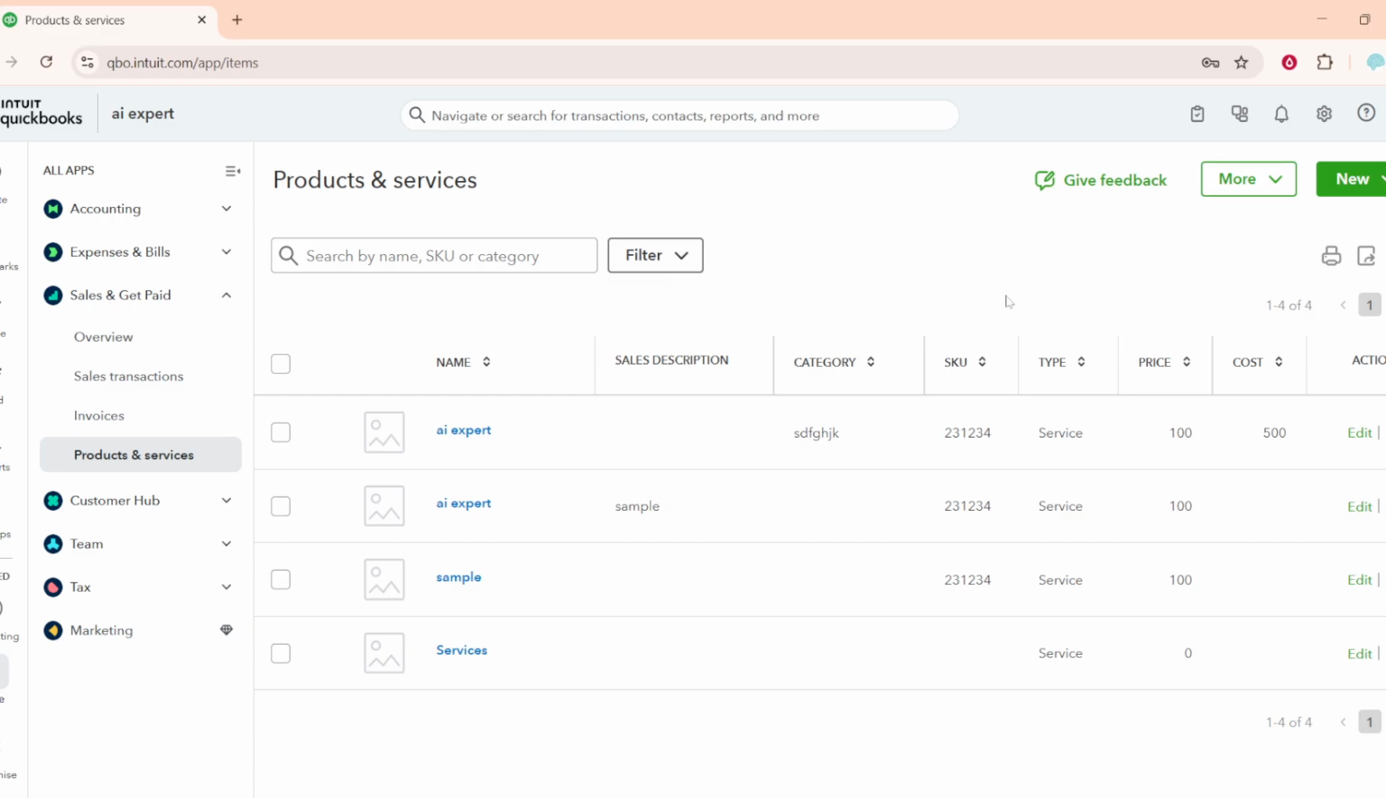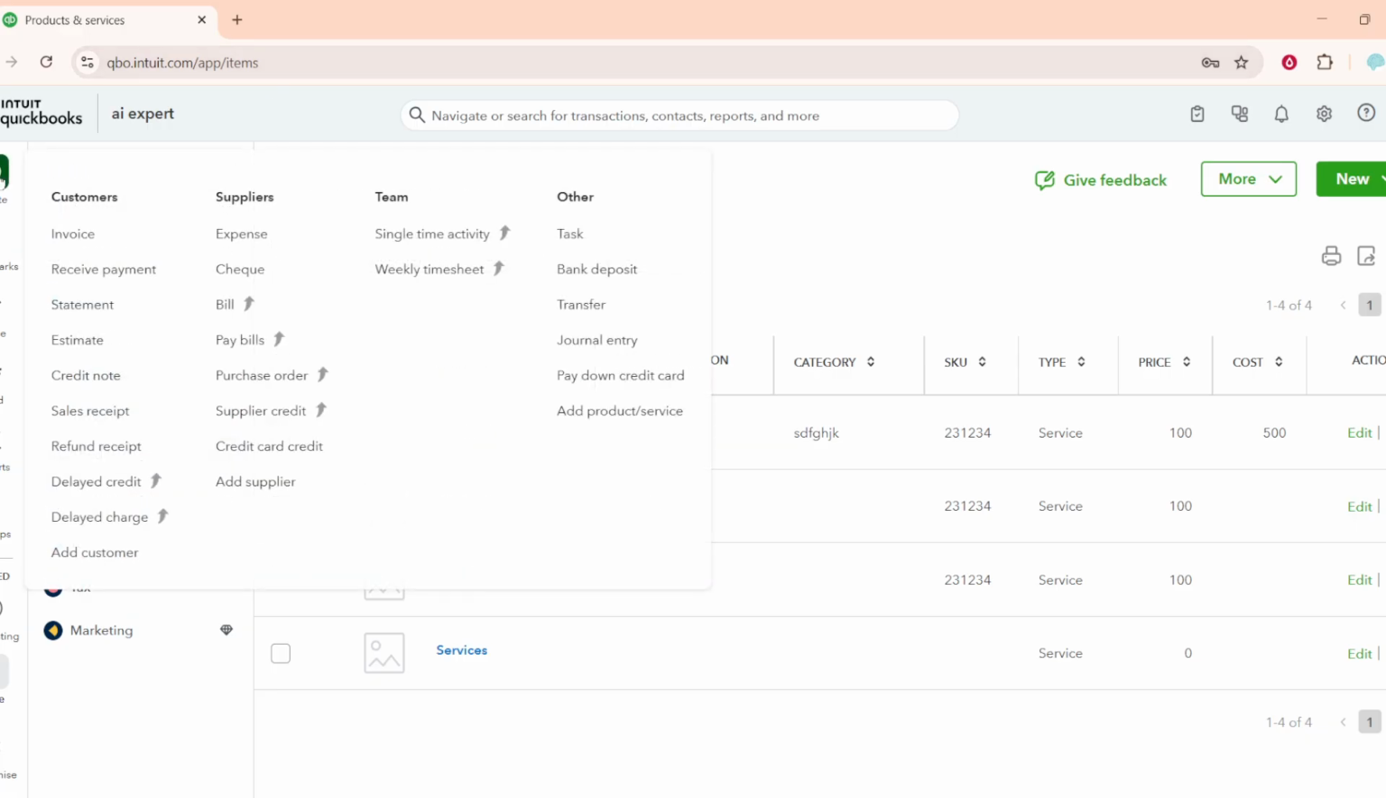First, open QuickBooks Online and sign in to your company account. Once your dashboard loads, head to the plus button labeled New or Create. Click that, and under the Other section, select Add Product Service. This brings up the Setup window, where you'll define exactly how your service appears on sales forms and in your